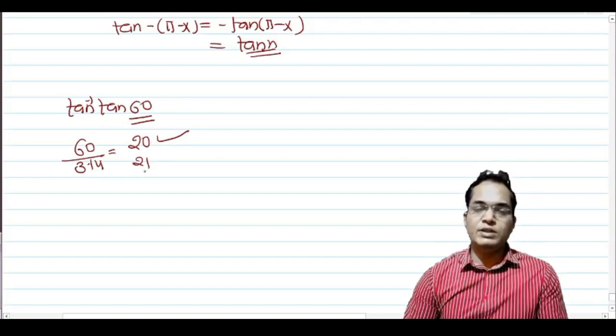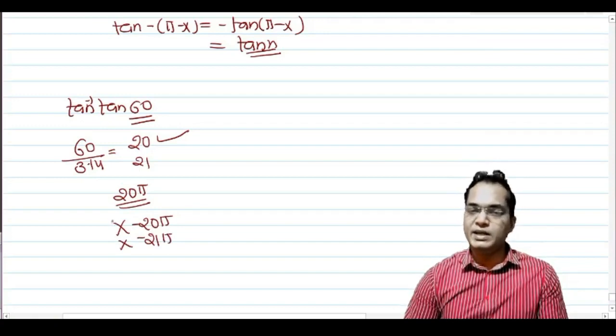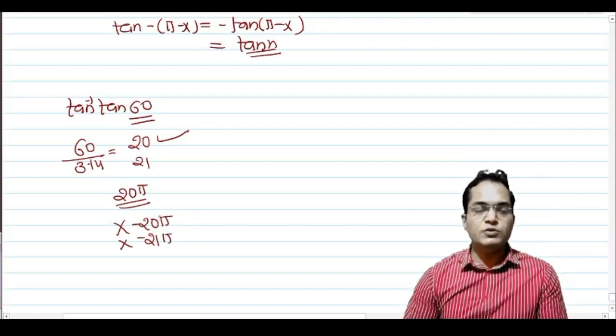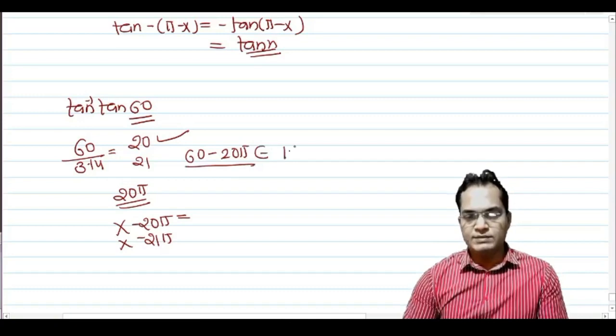Then what is the value? What is the meaning of this? We have to reach about 20π. Then what is the scenario? It is x minus 20π. It is x minus 21π. It is, you can say, x minus 19π. And we want to solve all these systems. If after solving we realize that this value, the value of 60 minus 20π, lies between minus 1.57 to 1.57, then it is our answer.